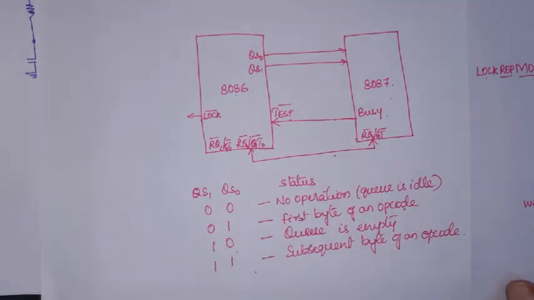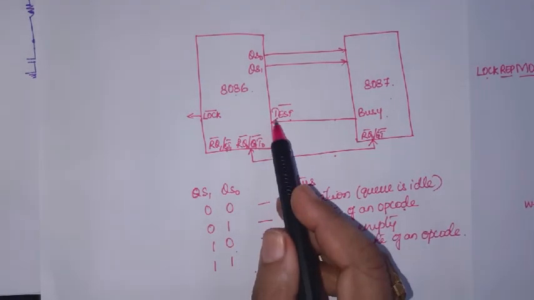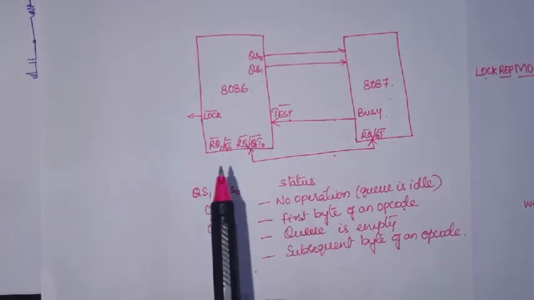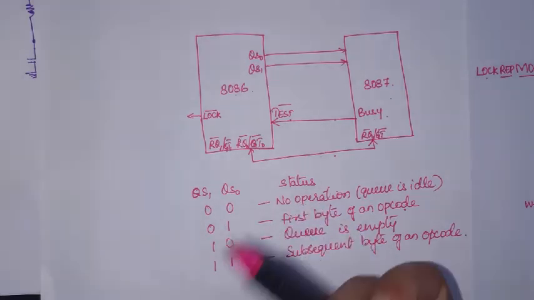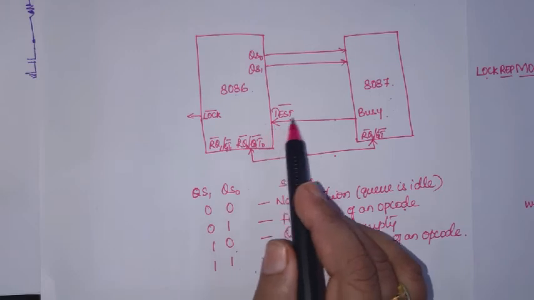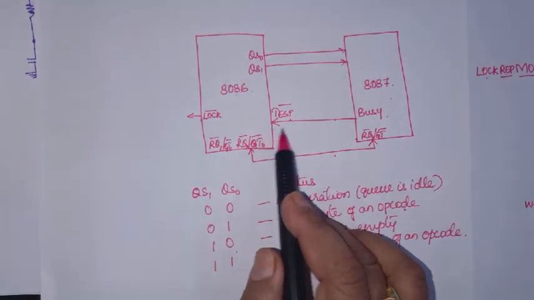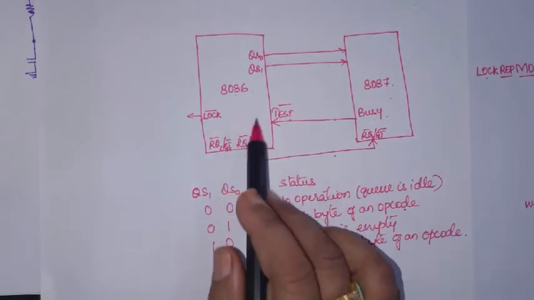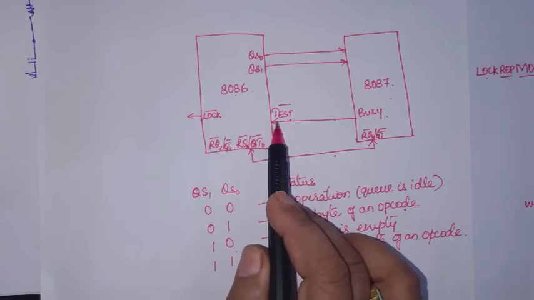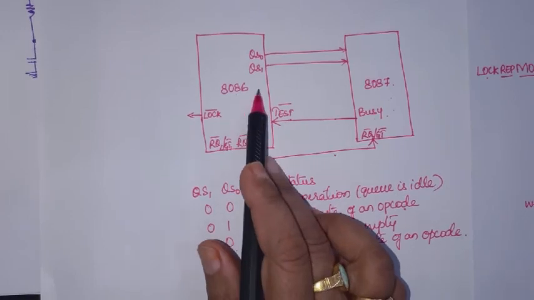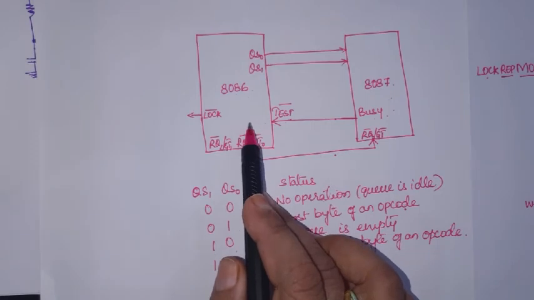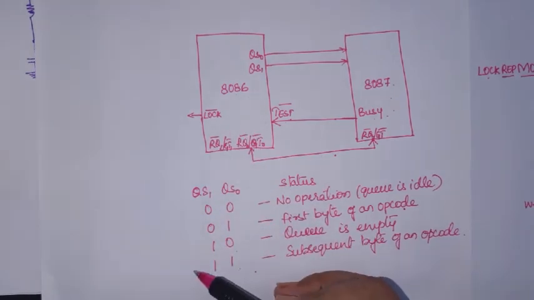Okay, so this is how it works with the wait instruction. You have an instruction WAIT in the 8086 processor. When this WAIT instruction is executed, the processor will inspect this particular pin. It will be continuously checking the status of the TEST bar pin. If it is high, then it continues to wait. If this pin becomes low, then it will come out of the wait state.